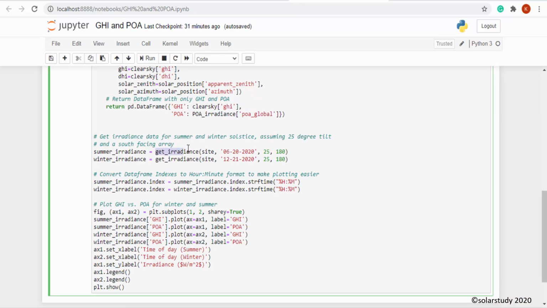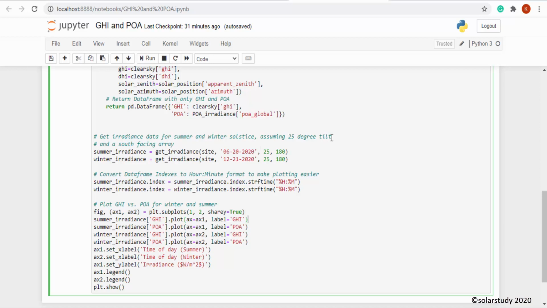Get irradiance from site, which date, like this date, and from angle, and we have to define some frames which are all required, 25 and 180, and same thing for winter irradiation. Fine. Then we have got this thing.